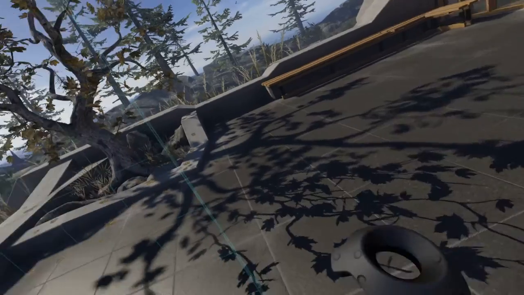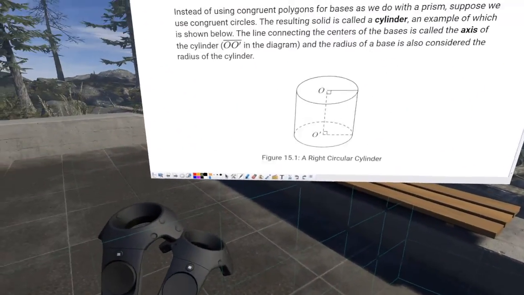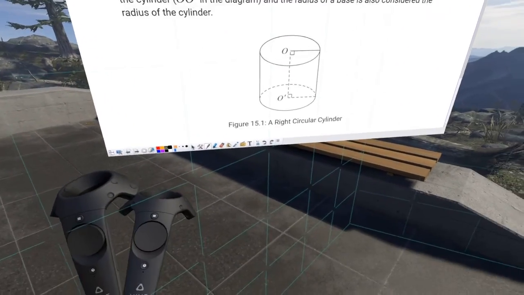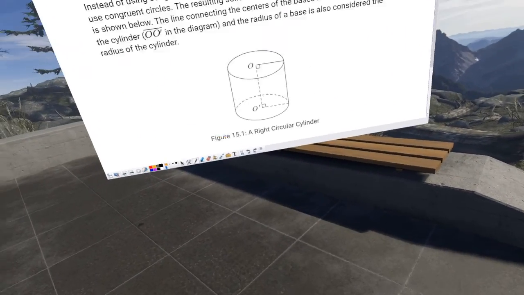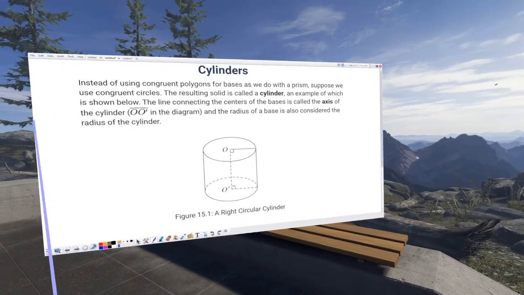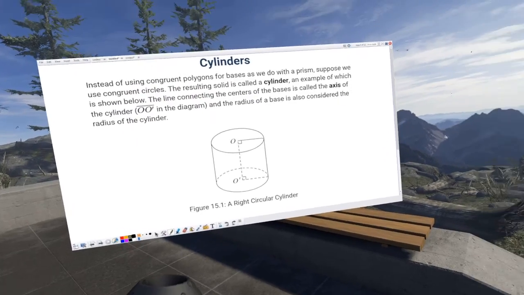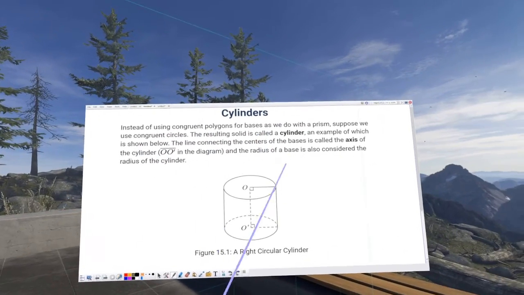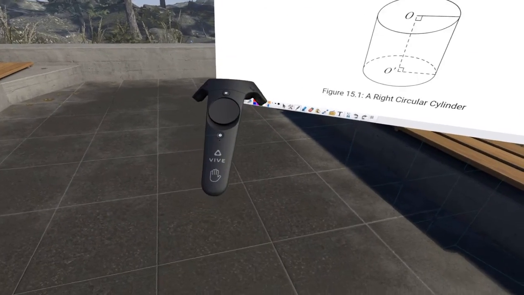Okay, so this is the introduction to cylinders. Now, cylinders are kind of just like prisms, except they have circular bases instead of polygonal bases. So, the technical definition is